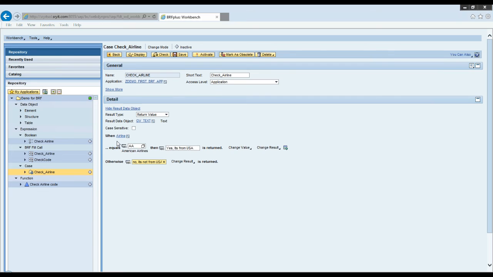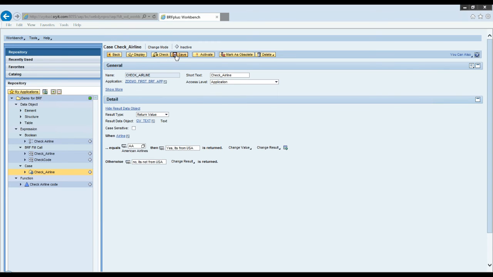So this is actually your business rule. The expression is translated ultimately into the business rule here. So here I am saying my business rule is: when the airline code is AA, send this as the output, otherwise send this as the output. So you are not writing any code. And tomorrow if something changes, you can change the business rule here. The result type is GV text, which we are assigning.